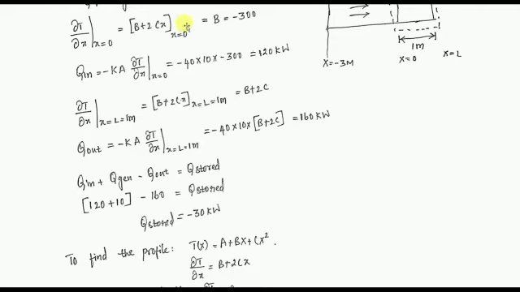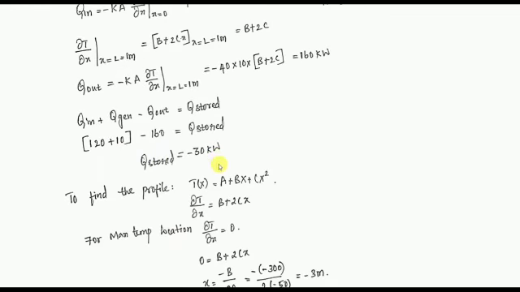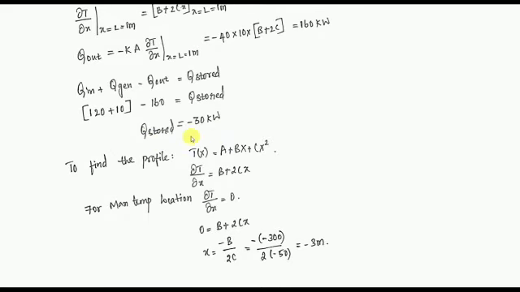Actually, generation is your income, Q in is what you get from your parents, and Q out is what you have been spending. If you neutralize this, you can say how much money you have stored. Okay, apart from this, after substituting all those values, you will get Q stored as minus 30. This is the value, that is, my 30 kilowatt is the answer. Okay, the answer is over, the problem is over here itself.